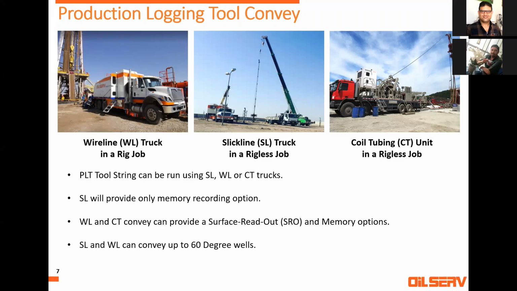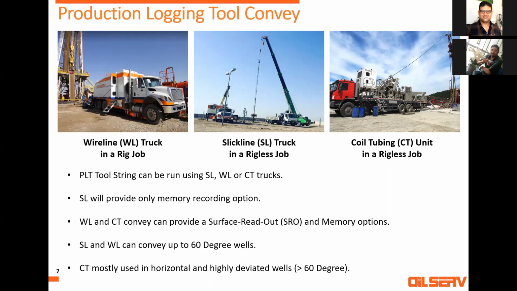Slickline and wireline can convey in wells that are deviated up to 60 degrees because they run by gravity. There's nothing you can do there. There is an extra option, which is the tractor, but I didn't put it here. Maybe next time. Is that for directional wells, when you say 60-degree wells? Yes, yes, okay. Let me put the tractor option. I forgot to put the tractor option.